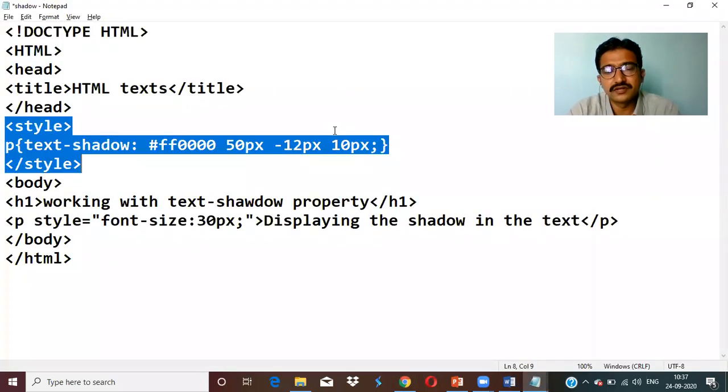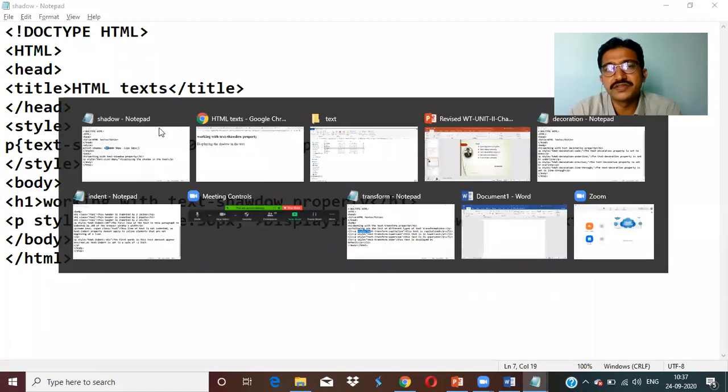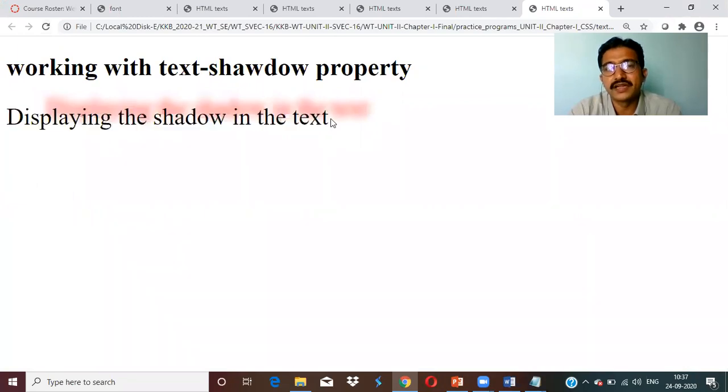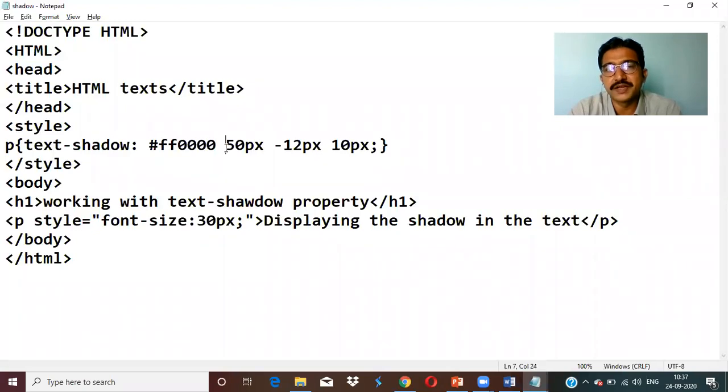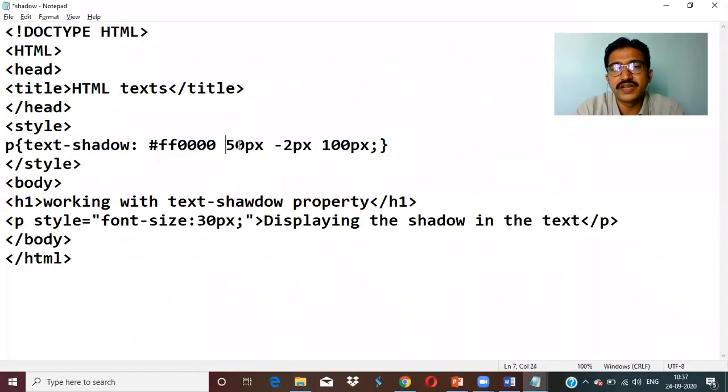Now, when you want this shadow, text shadow, what is the color we are applying here? RGB. So it is giving more priority to R, red, FF means, just see, it looks like a shadow in the backend. It is a red color. Now font size, if you are increasing the shadow value, how strong will it be? For example, if I am increasing it to 150, if I am reducing it to minus 2 pixels, if I am using 100 pixels, and save the program and refresh this, it is not showing that much, because very small values are required for a shadow.